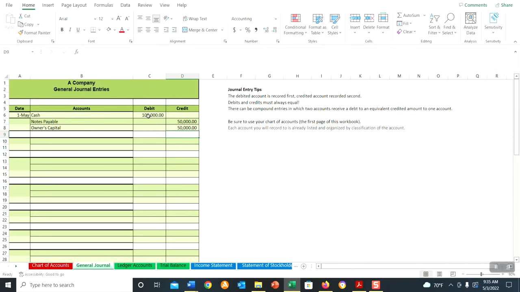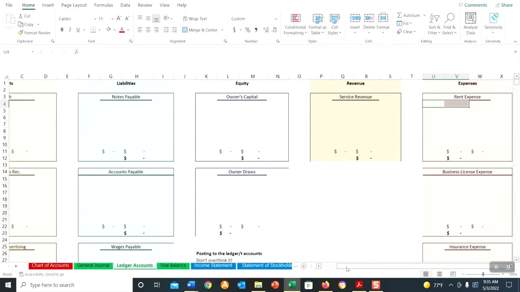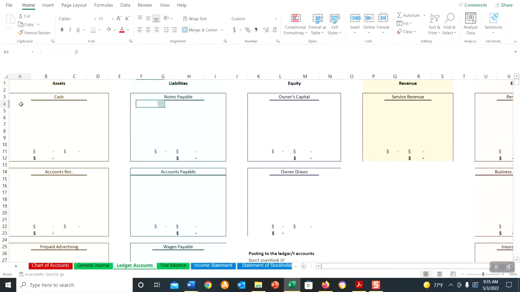Our next step is going to be to transfer each individual debit and credit to the specific account that is affected. So as a result of this transaction, the cash account should increase by $100,000, right? So this is where we go over to the ledger accounts. We find the cash account and we record that increase or that debit just like we saw in the entry, right? If it's a debit in the journal entry, it's a debit in the T account. If it's a credit in the journal entry, it's a credit in the T account. So we're going to show that $100,000 increase in cash on May 1st.